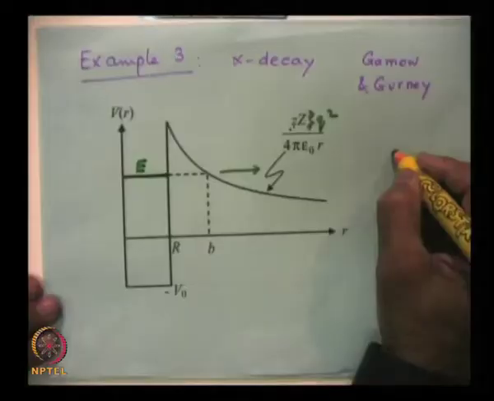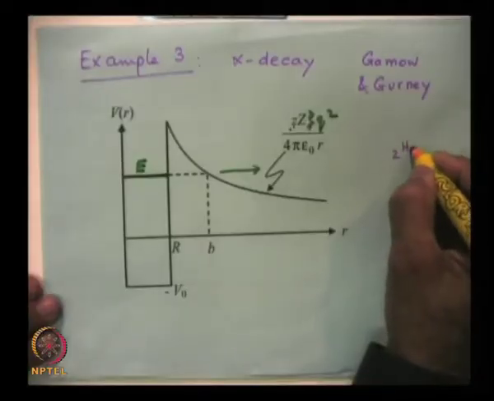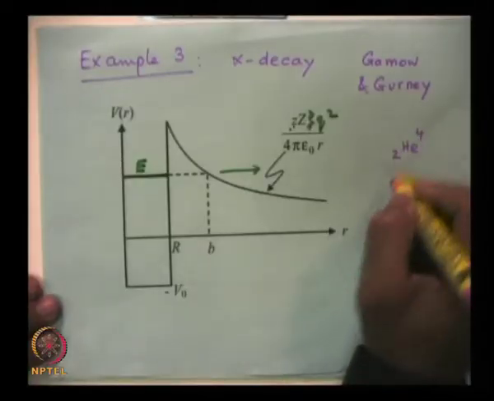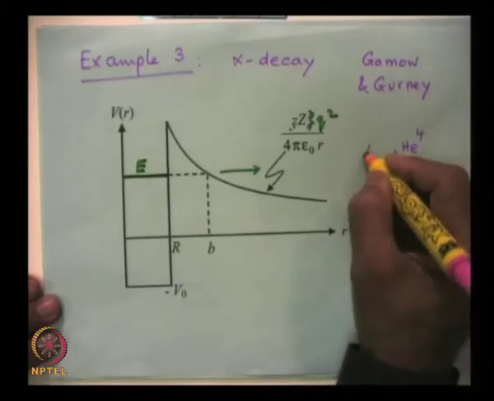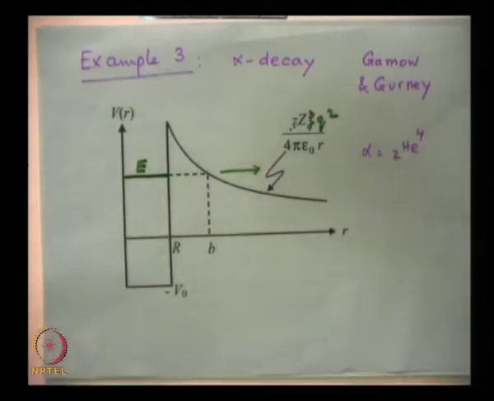If it goes out of the nucleus, then as you know, the alpha particle is essentially the nucleus of the helium atom. So, it has 2 protons and 2 neutrons, so it is positively charged. So, I have a nucleus,